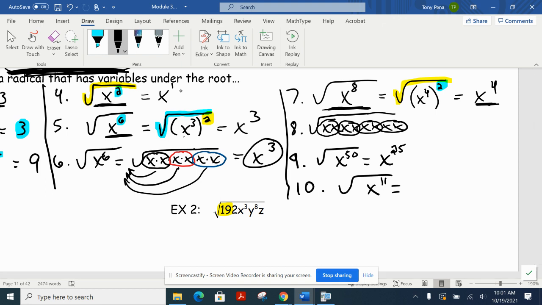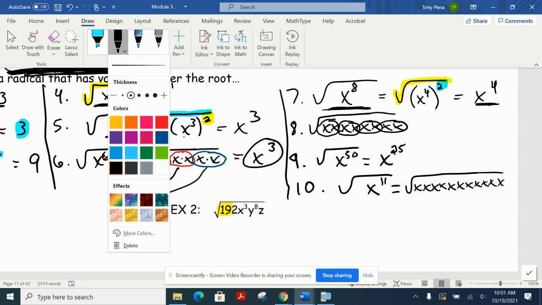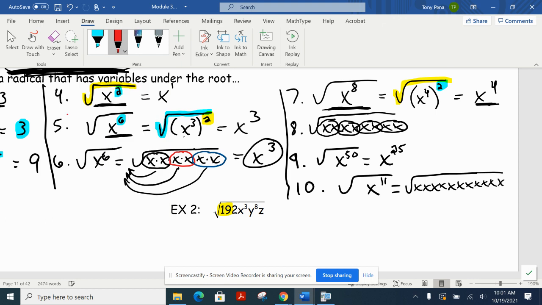Hopefully I can fit 11 of these in here. All right. So kind of see what your thought is here, and then see if it meshes with what I'm